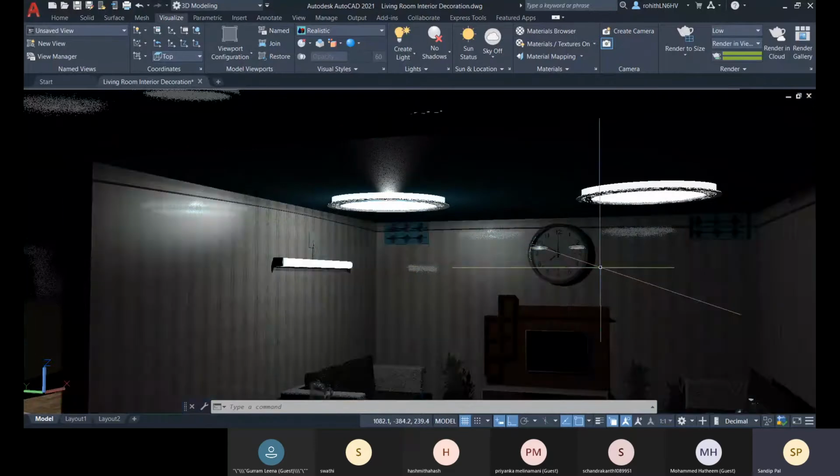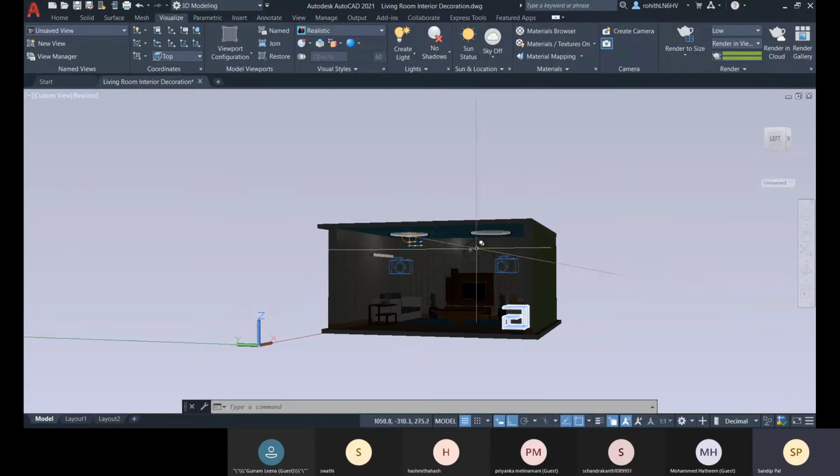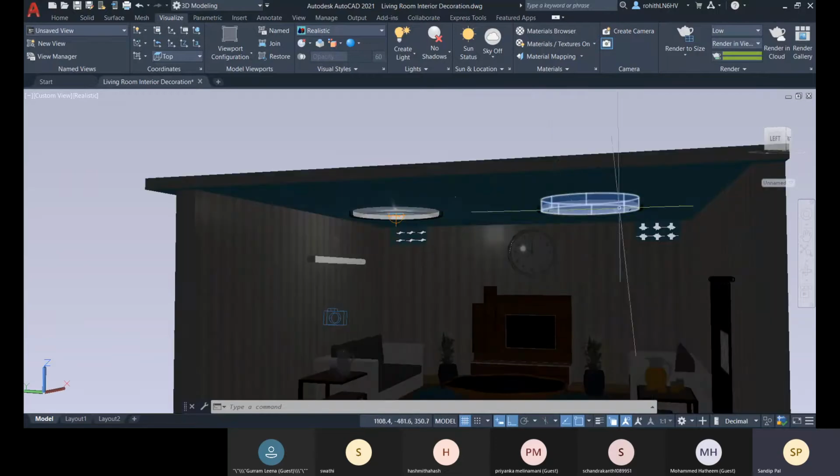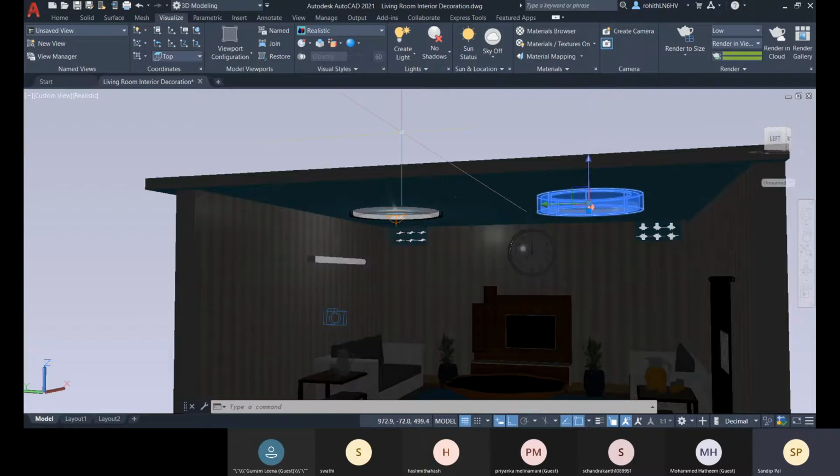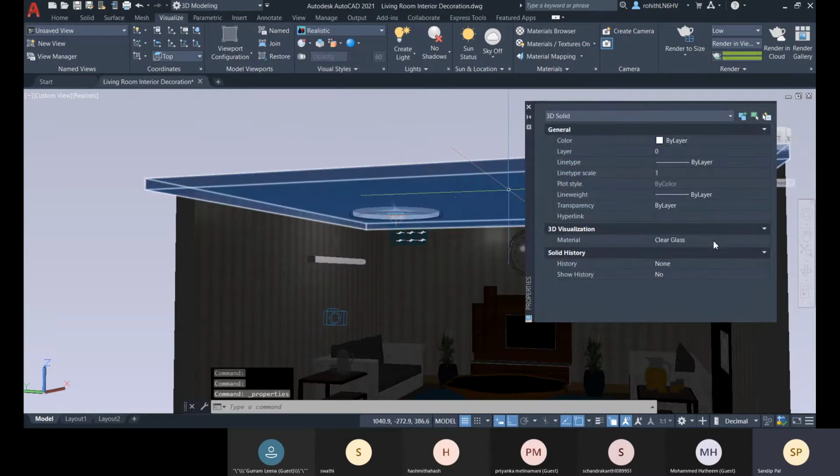You may ask that we haven't placed a light over there, but this one is also glowing. This one is also illuminating, right? So for that I have provided the property for this one, Control 1, the clear glass.